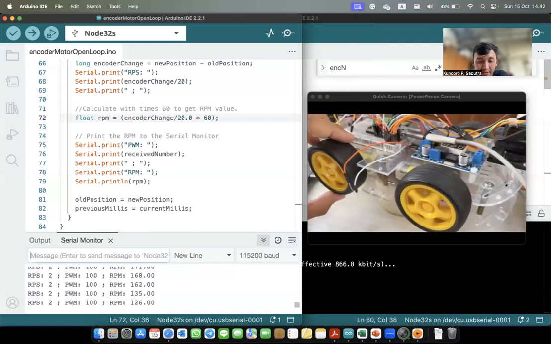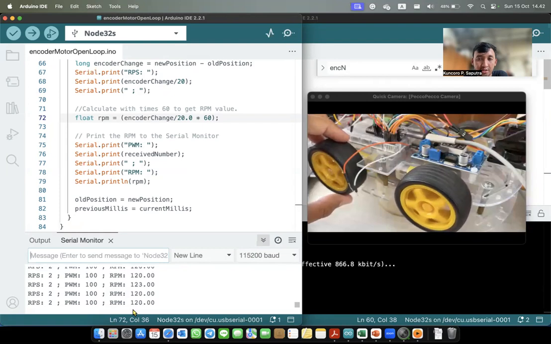So the rotation will decrease. We can see the rotation with the load is 120, and when I release my hand, the rotation goes back to 168, 165 RPM. If I put my hand on the wheel, the rotation will decrease and the controller cannot stabilize the rotation at 160.